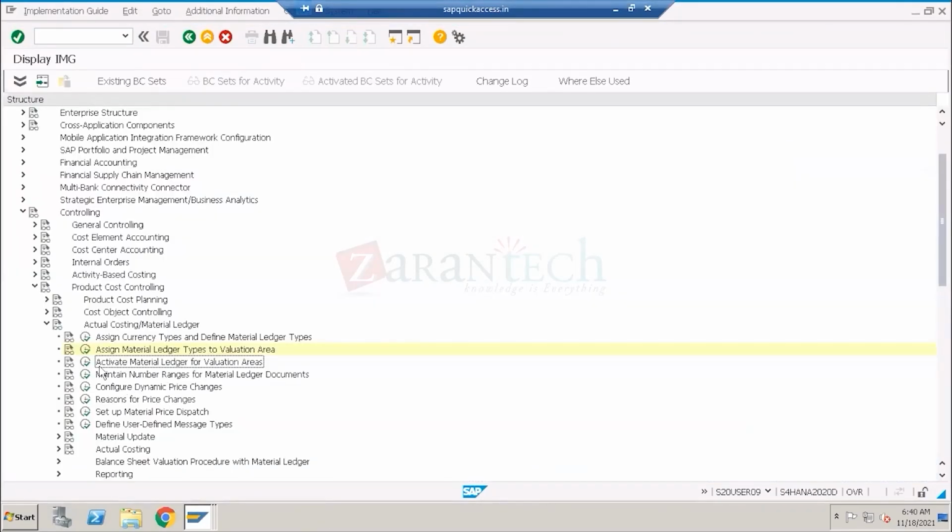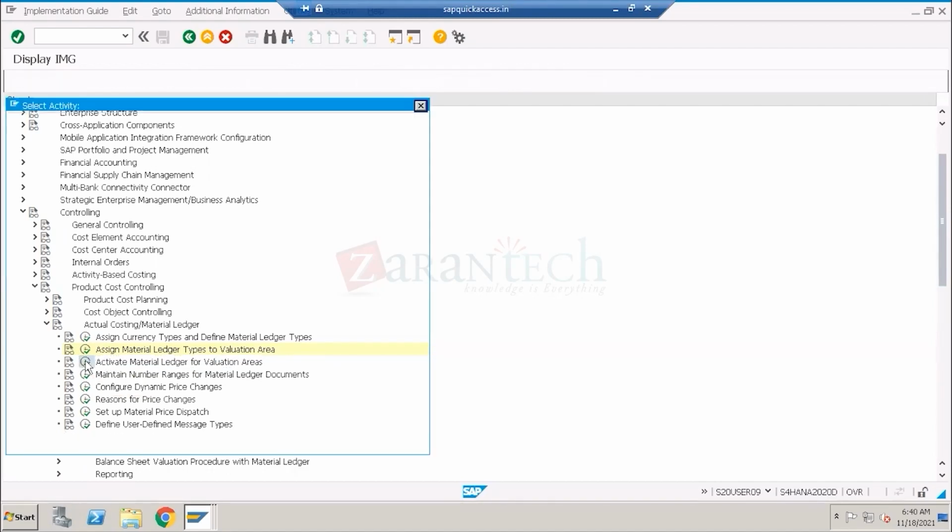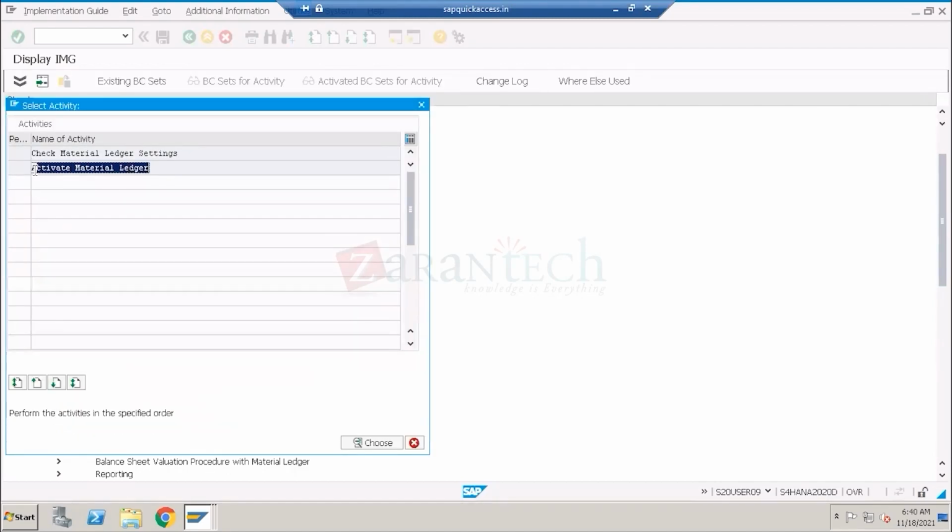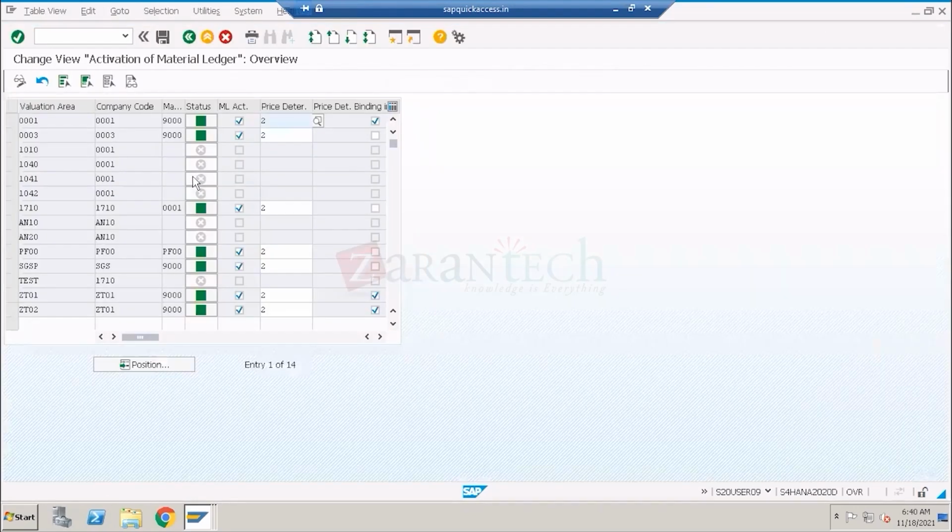Now, very, very important. Now, activate the material ledger to the valuation area. Multiple materials are going to be created at a valuation area. Now, come to the step called the activation. Activate the material ledger. And very, very important here, you have to see that your activation is coming in the green color. Why? Because you are selecting the checkbox. If you're not selecting the checkbox, you're not activating the material ledger. Please make sure that you are selecting the checkbox so that you are activating the material ledger,